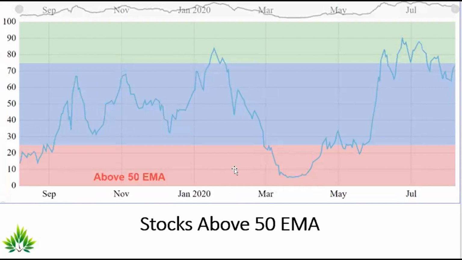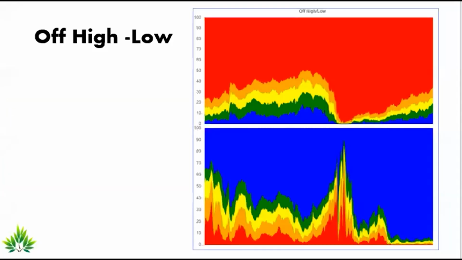So let's look at where the stocks are positioned. In this picture, the blue zone in the top part is stocks trading within 5% of their highs. The red zone is those trading more than 20% below their highs. We can see that the blue portion at the top is slowly increasing. This means many stocks in the market are holding close to their higher prices, again an indication of strength.